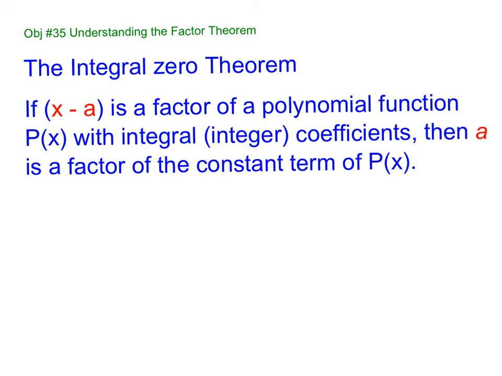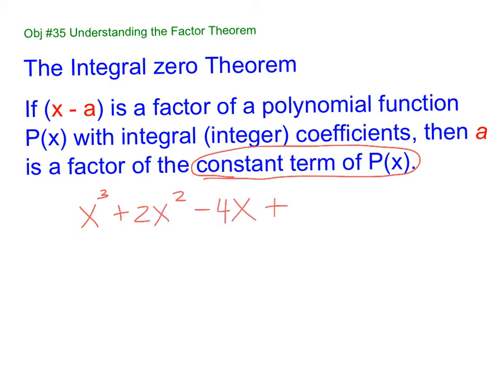So if x minus a is a factor with an integer coefficient, then a is a factor of the constant term of p of x. All right, so now, I know that sounds weird. What this is saying is,